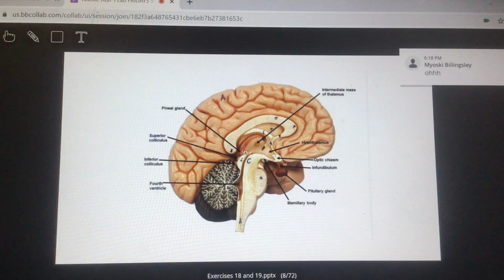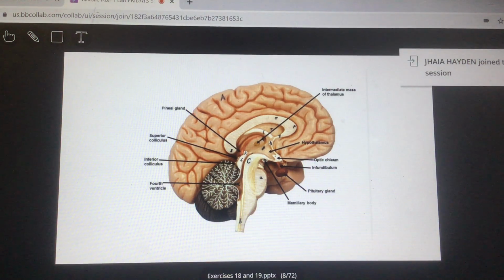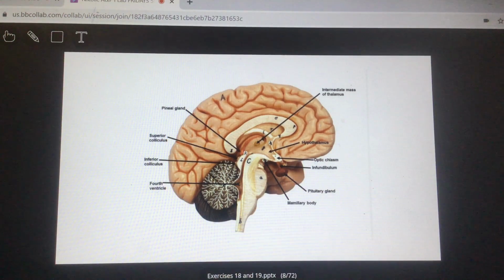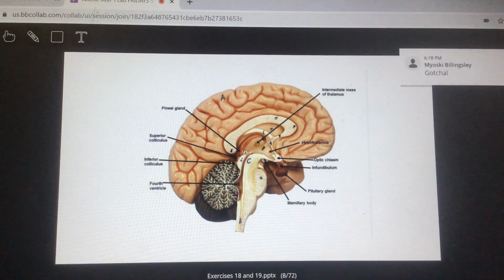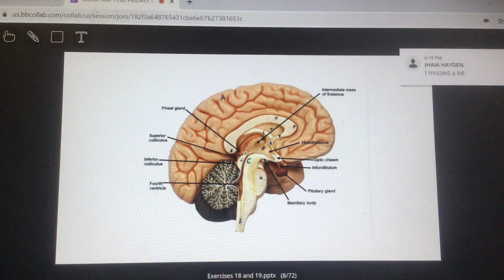I don't see, hold on. Under the brain model, I don't see... now there, we do have to know the mammillary body. Yeah, in the median head. So guys, watch that as well. It's a good point. Make sure that you're studying the brain models, and there's a couple of them: the sagittal one, this hemisphere model, the full brain model, the cerebrum one. Then make sure you're focusing on the list, because we're going to see it in the same spot. It's the same thing, really. But when we get to the median head model,